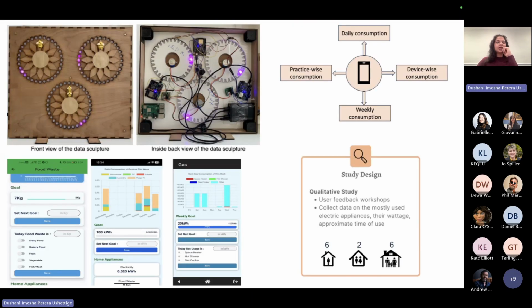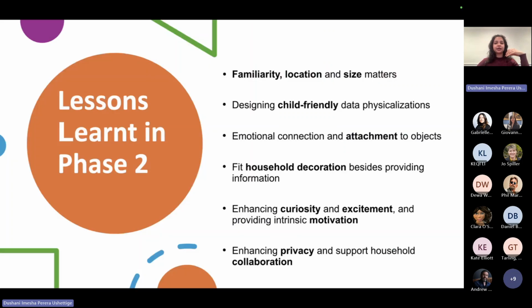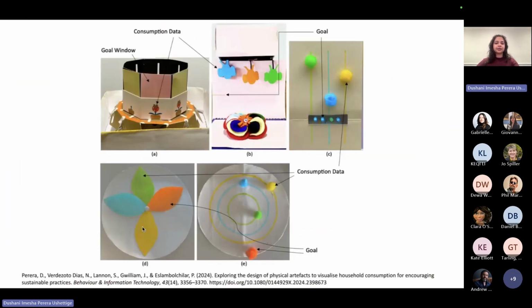So those were some of the design challenges I had: how to integrate all of that while also preserving the privacy aspect. Finally, in phase 3, the first version of the sculpture that I came up with is up here. The idea came from the participants in phases 1 and 2. They want something familiar. They really preferred image D, which is more like a clock interface, so even children are familiar with it. They also preferred the idea of having bees and flowers, so more nature related.